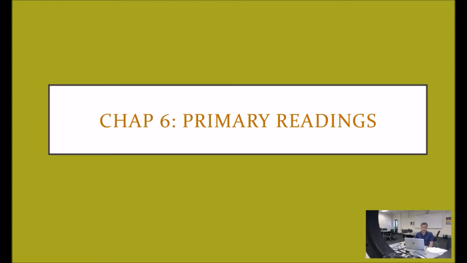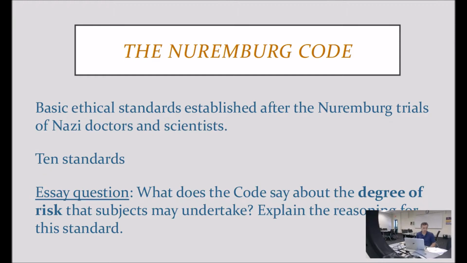Okay, so we are in the primary reading section. Again, that's page 259 where it starts. So let's look at the Nuremberg Code. This was a code developed as a result of the findings and discussion around the Nuremberg trial of 1945-1947, and I believe the code was published in 1949. And this was a result of what came out of some of the horrors of the practices of Nazi doctors and scientists in Germany during World War II,